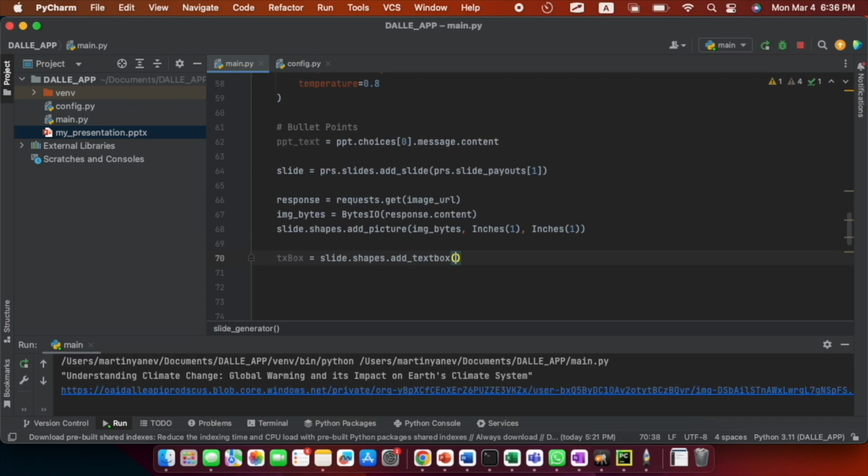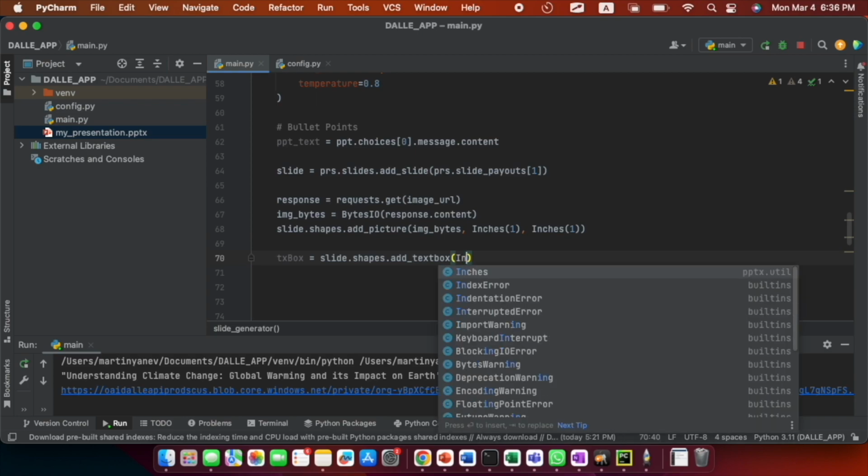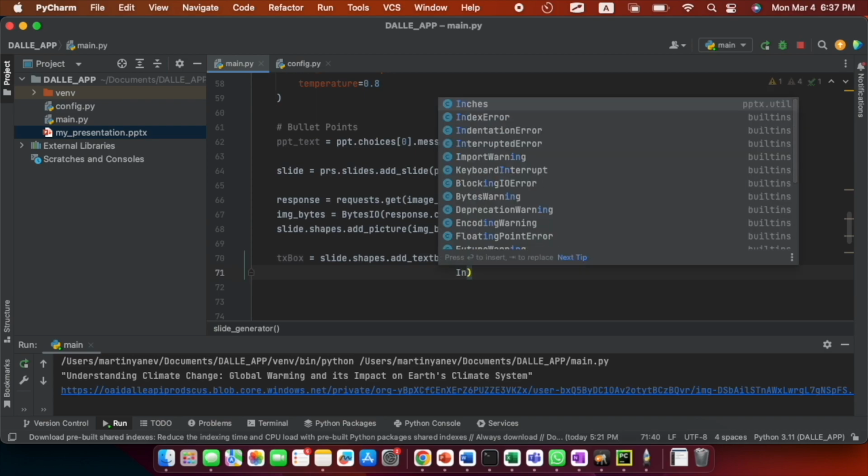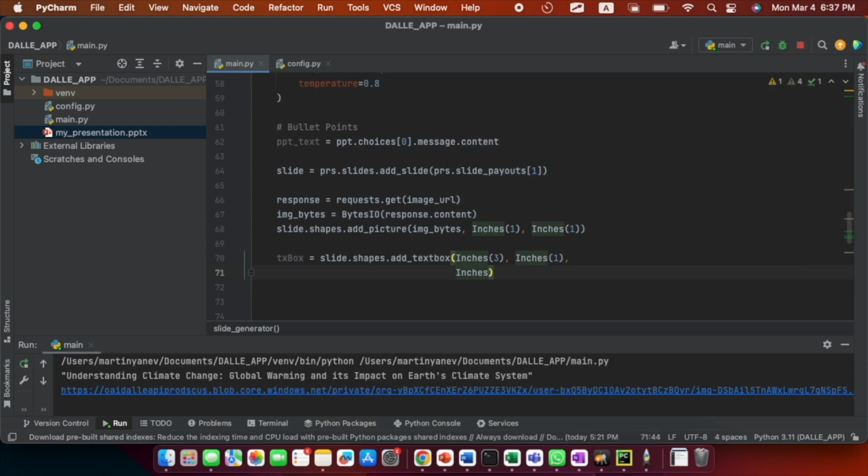Okay, and here again I'm going to use the inches library to size that. So I will do inches 3, inches 1, so 3 by 1, then inches 4, and let's do inches 1.5. Okay, so if you explore the inches library, then this is the way, somebody asked me, this is the